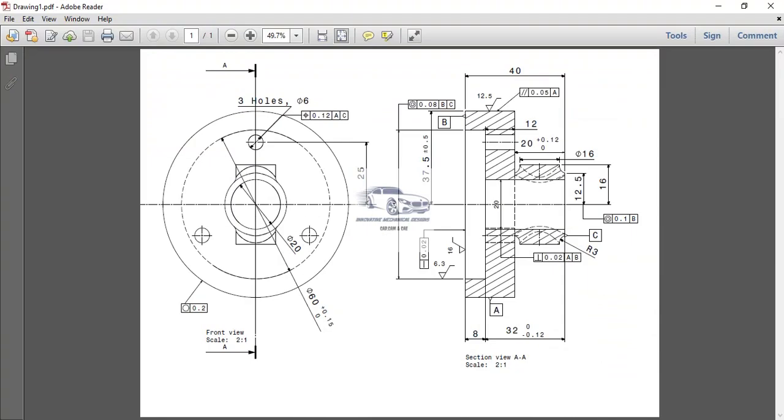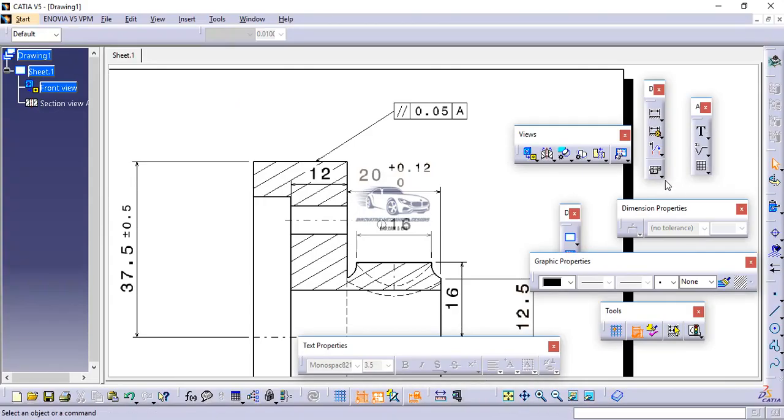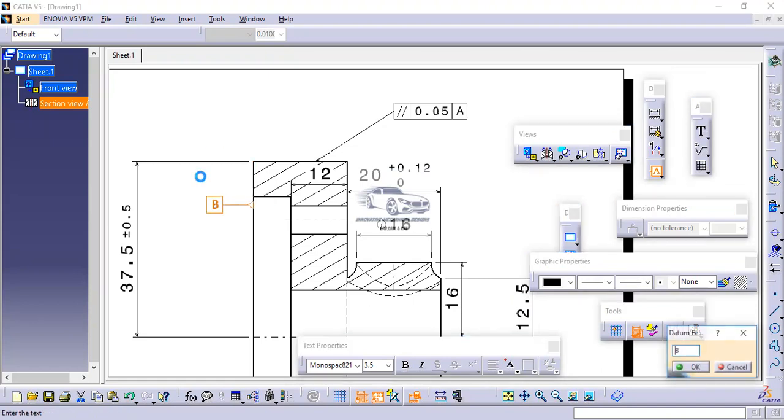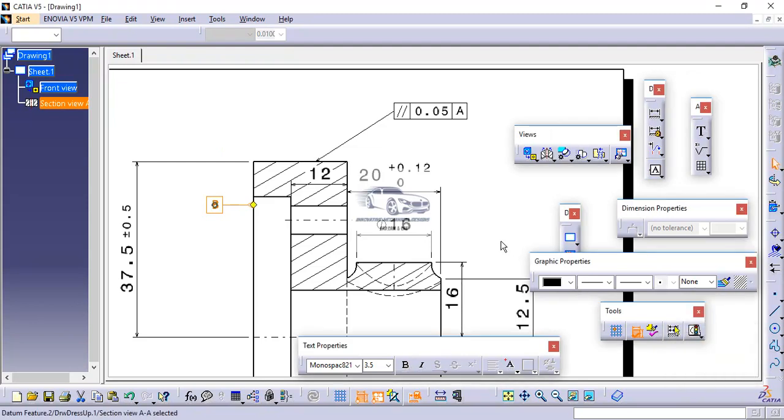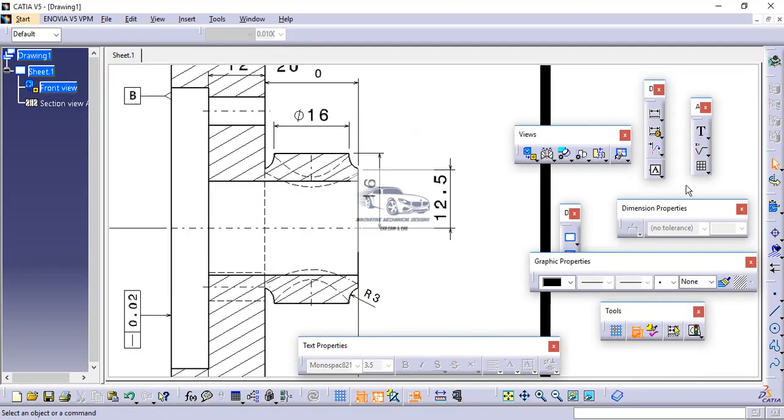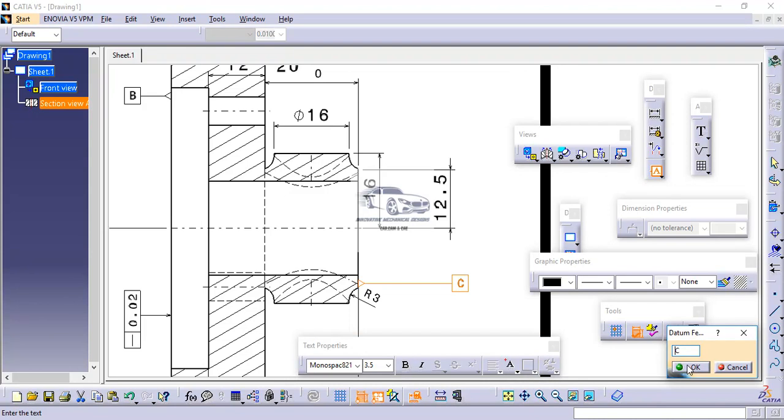So that they do not intersect, because that will be a wrong interpretation. Same again, we have the other datums, like this edge is considered as B and this is considered as C. So first I will place the other datums. I will go here to datum feature, select this particular edge and place it like this, B, and finally we will designate C. So datum feature, I will select this particular edge.